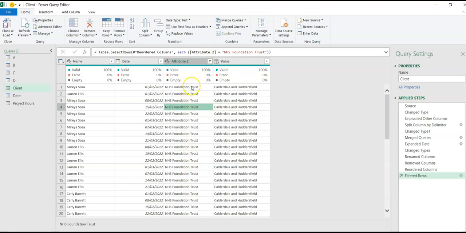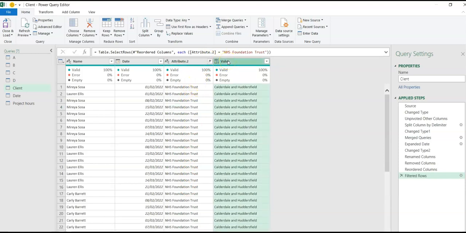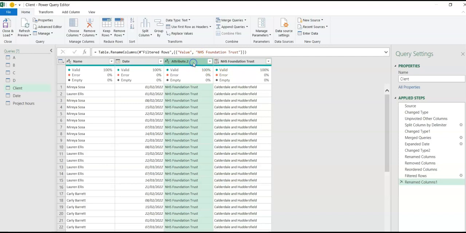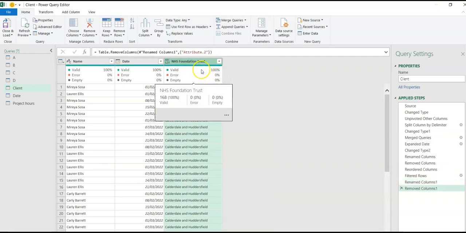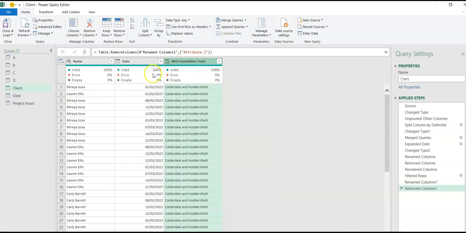We don't actually need this column, so we can come here and rename this as NHS and delete this. Or we could have called it client, same thing.